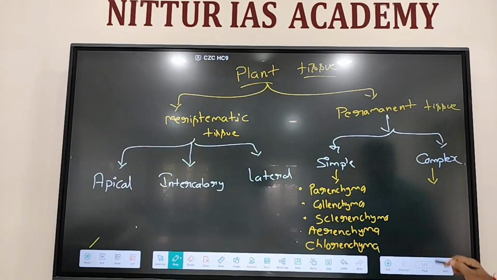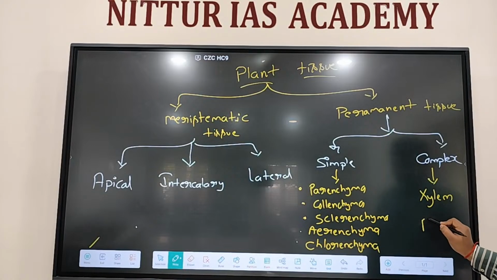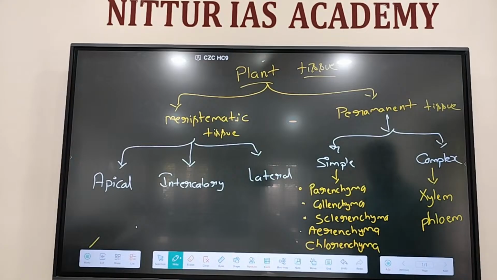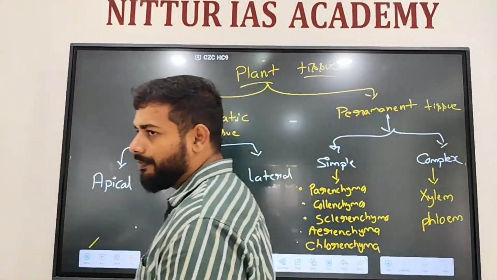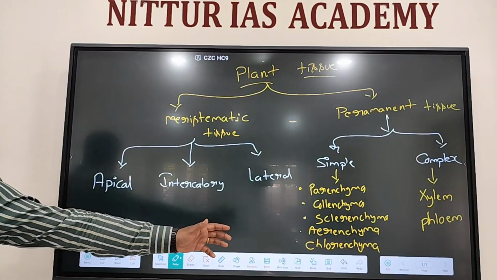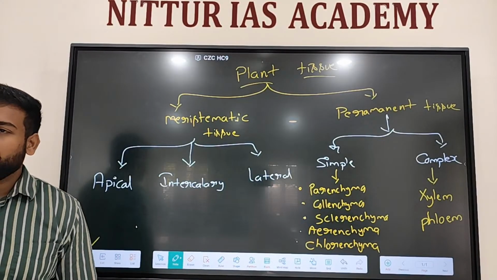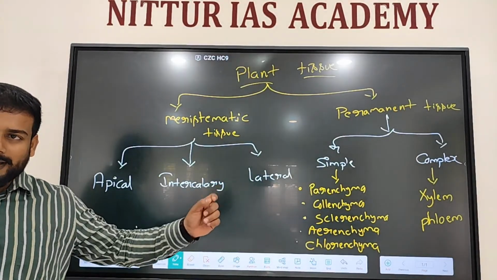Then under complex permanent tissue we have xylem. Then we have phloem. Xylem and phloem. Have you heard the words xylem, phloem in school days once upon a time? These are the vascular tissues,